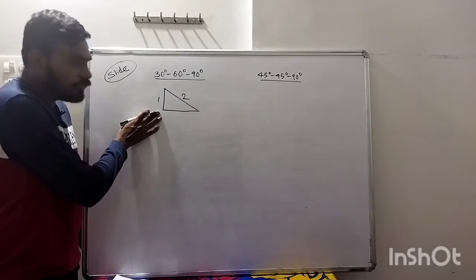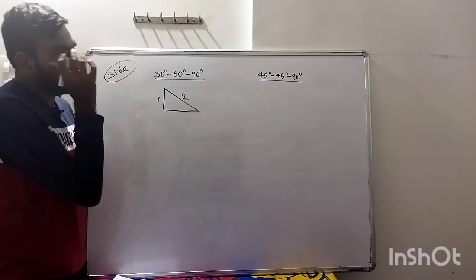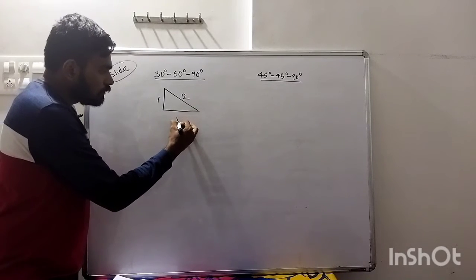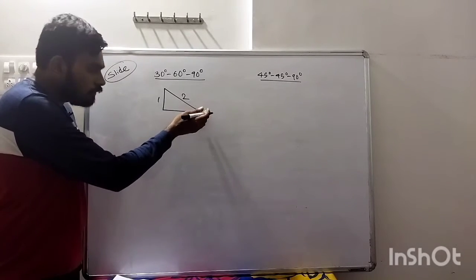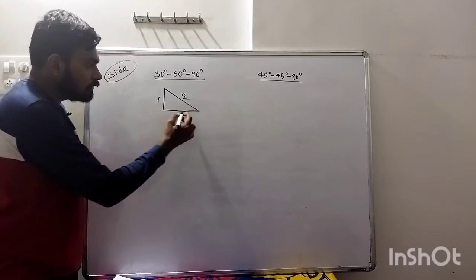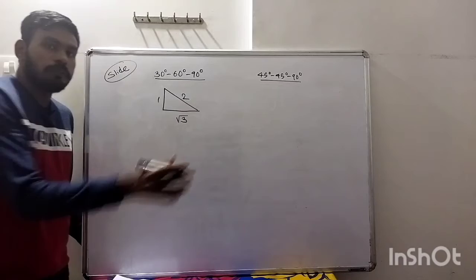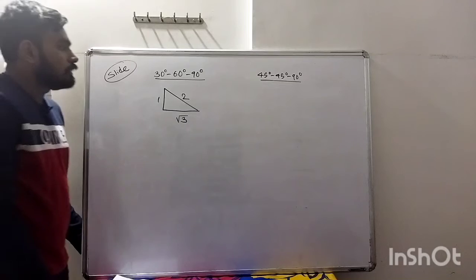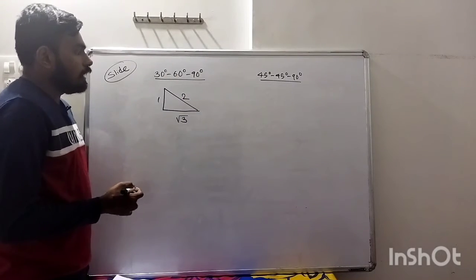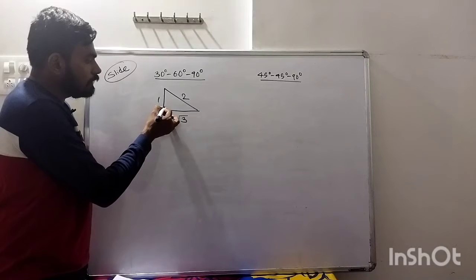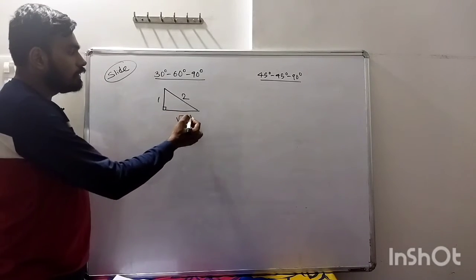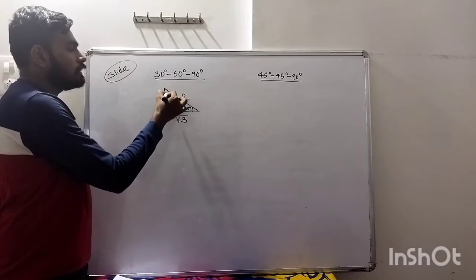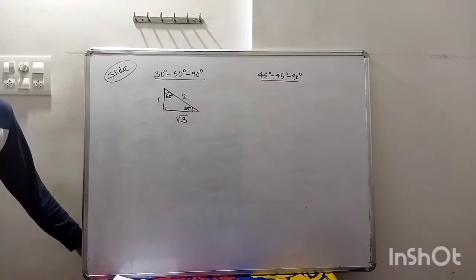We come back. Imagine now that there is some slide, and to come back you have to go, see there is one roof here, you have to go under that, and then come here. So you can imagine this route as some roof. You have to go under that roof and come here, and then you can reach here. Understood? Now 30, 60, 90 triangle. Out of this, 90 angle is obviously this, 30 is the smaller angle. This one is 30 degrees, the smaller angle, and 60 degrees is this bigger angle. This one triangle you have to remember.